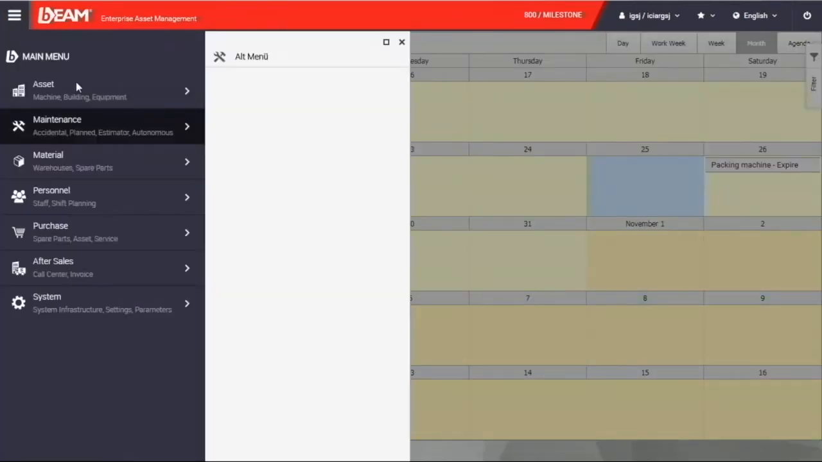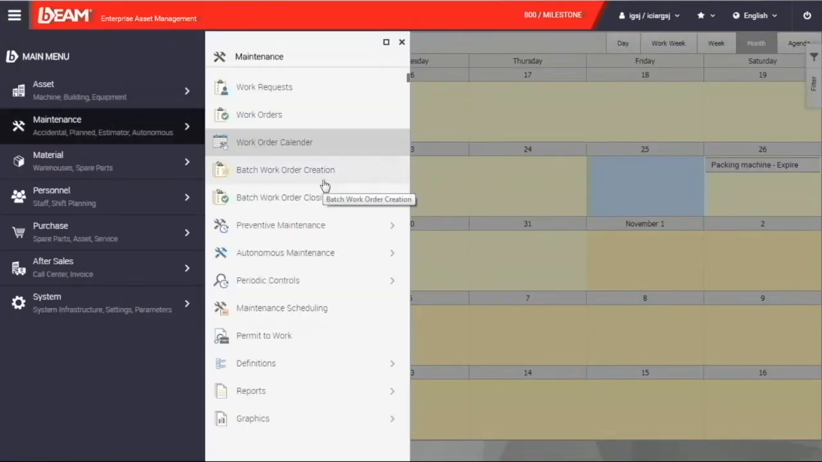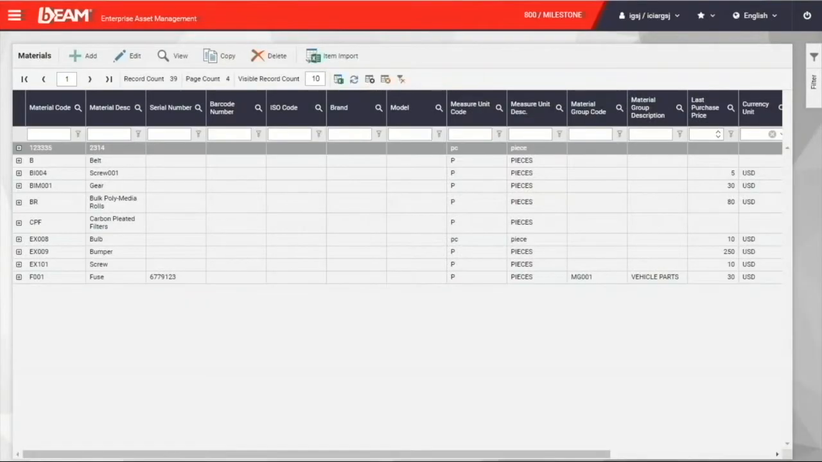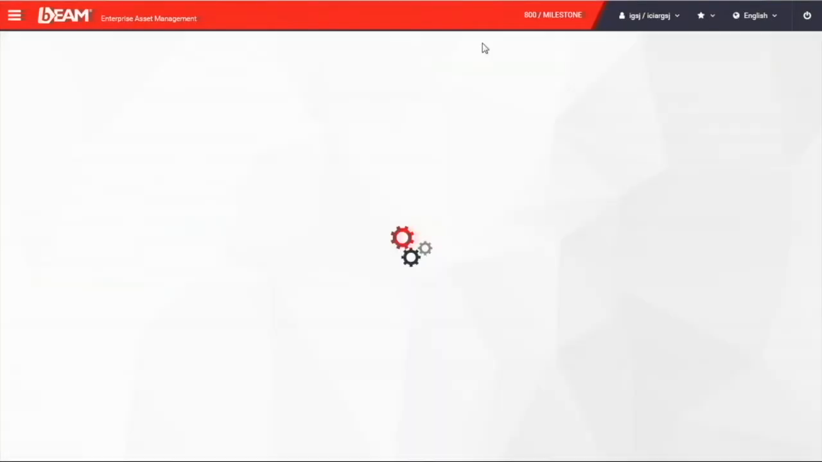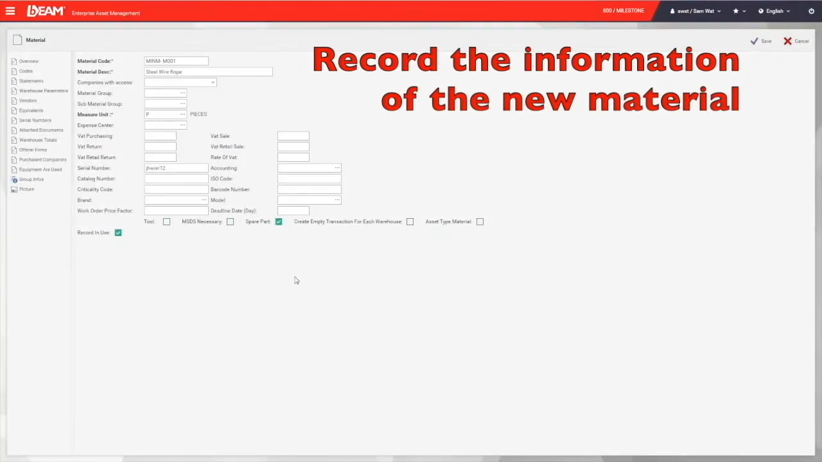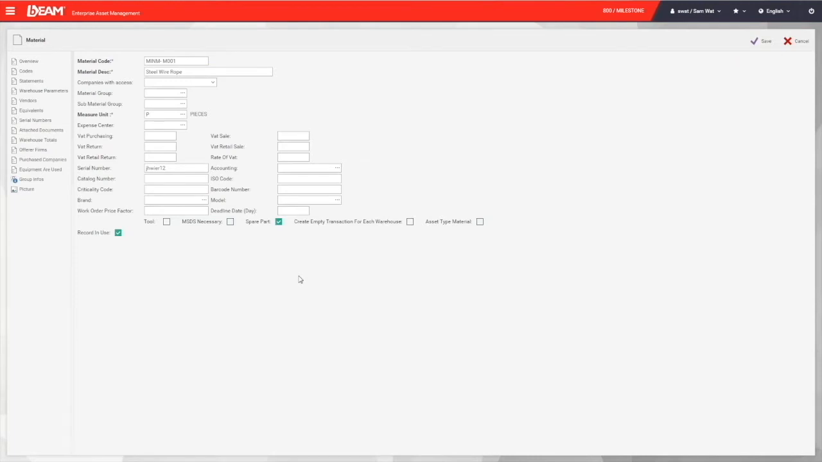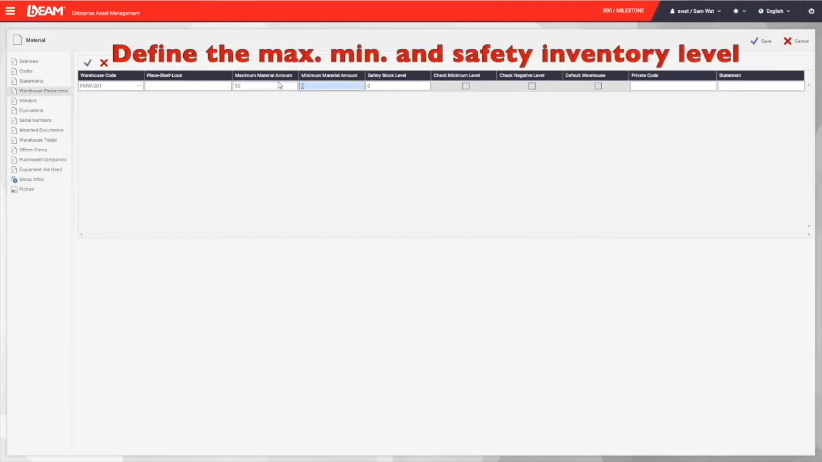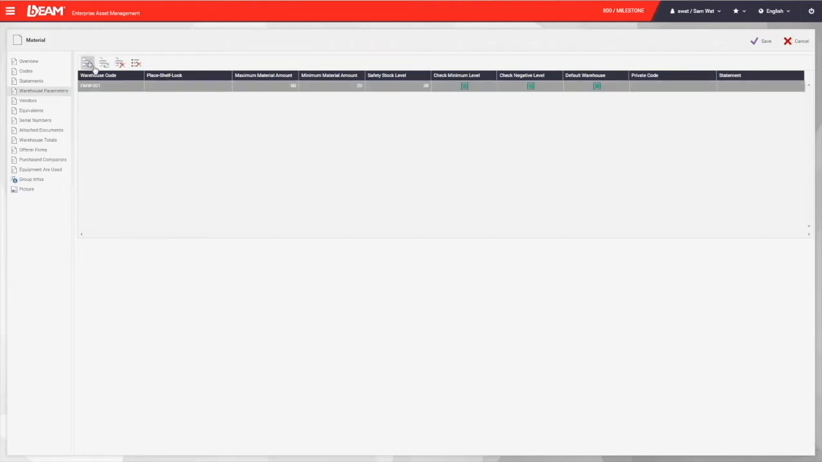Under the material module, you can record all the material that you have in your company. Similar to the asset module, you can enter information like a unique identifying code, name, serial number, brand, model, documents, and picture. And under the warehouse parameter field, we can enter the maximum, minimum, and safety stock of your